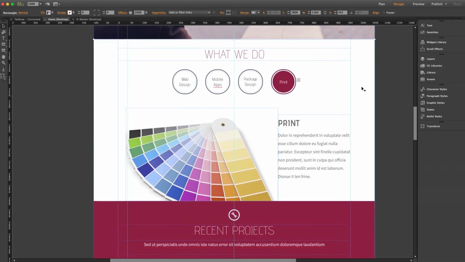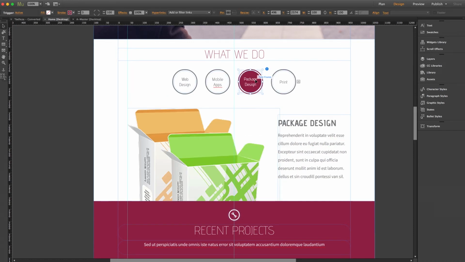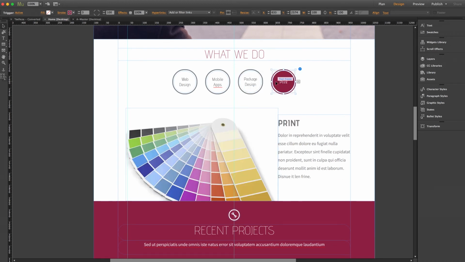So now let's jump down to what we do. Here we're using a regular Muse composition widget. It's just styled up with some really neat circular triggers and various things. So here in Muse, all you have to do is select any of the individual triggers to open the corresponding targets. And then once you do that, you can simply click all the way into the target to make your changes. And as with all compositions, you simply have to click the plus sign by the triggers in order to